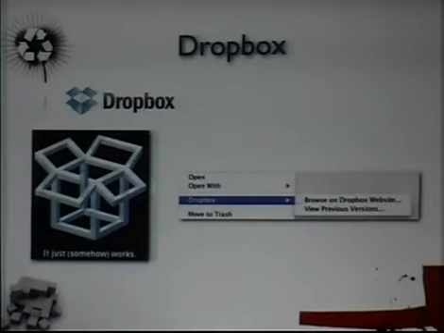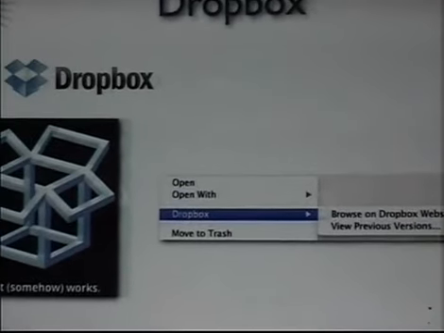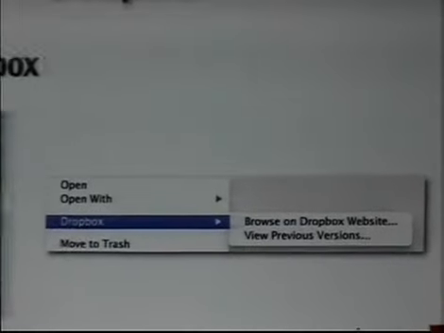And so from that perspective, you may notice if you use Dropbox on OS X, you can right-click on files in your Dropbox, and there's a couple of options where it says browse on Dropbox website and view previous versions, because there's version control with Dropbox. If you click one of those links, it automatically opens